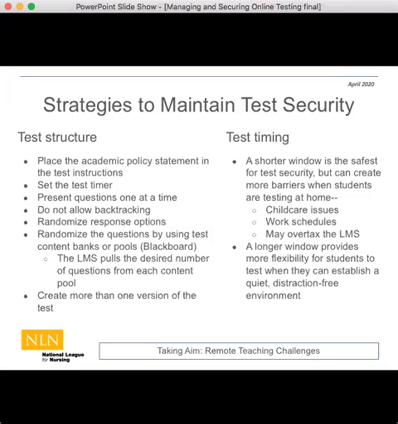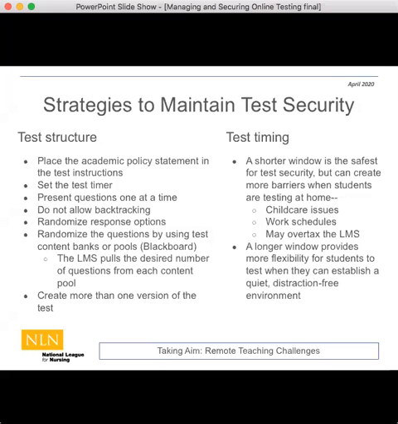So for example, if I had 3 different modules on a test and I had a 50-item test, I could pull 15 to 18 questions from each content area. And this was randomly done by Blackboard. And it almost created a different test for every student.